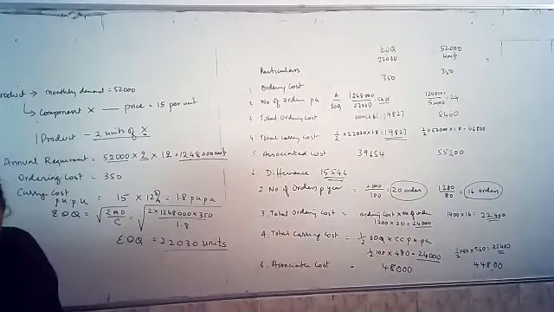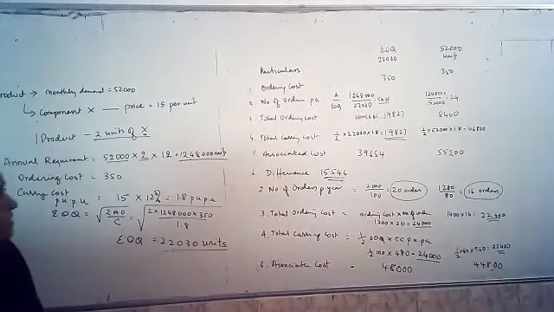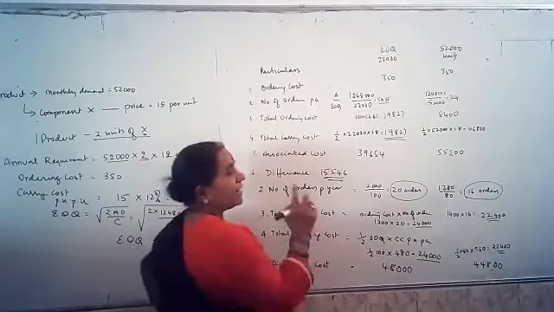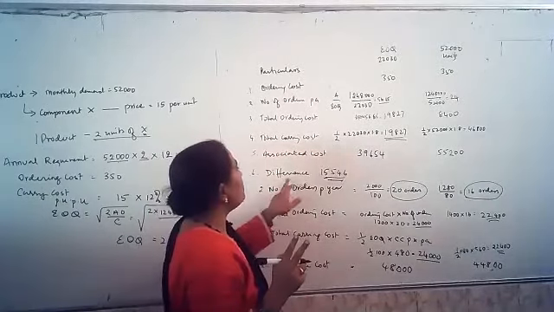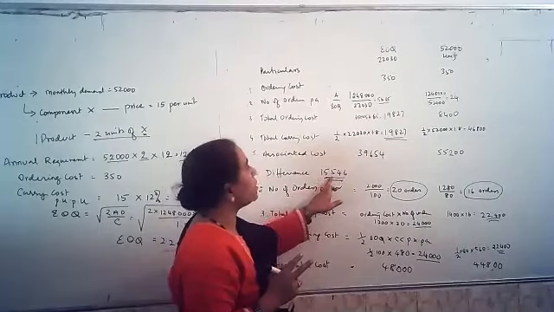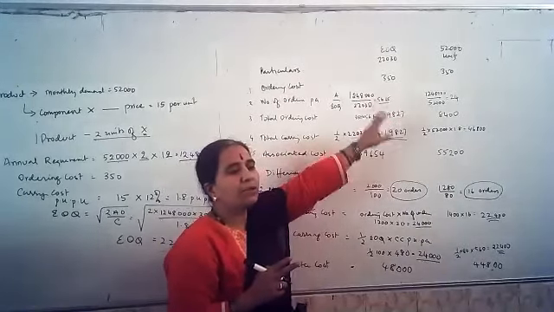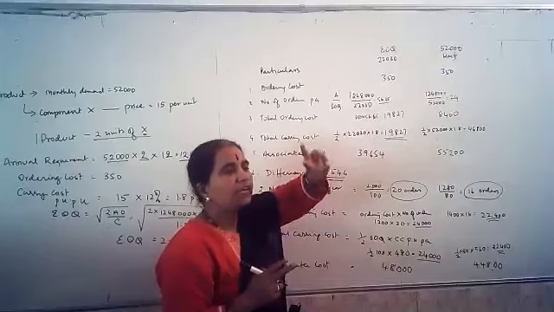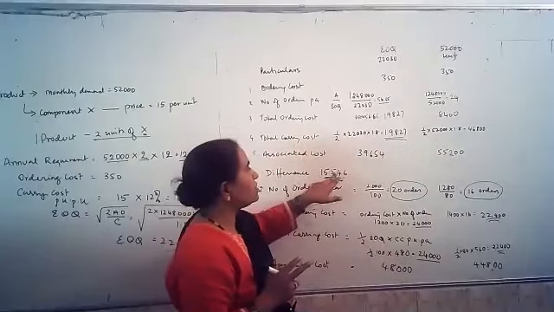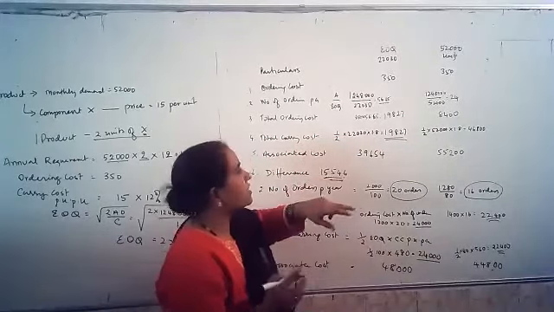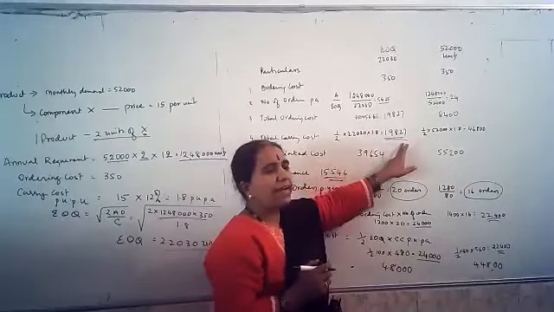If the minimum lot size is 52,000, what is the extra cost the company is incurring? The second question answer: the company is incurring an extra 15,546 if it is ordering with 52,000 as a lot size. Second question answer is 15,546. Third question answer, it is 19,827.